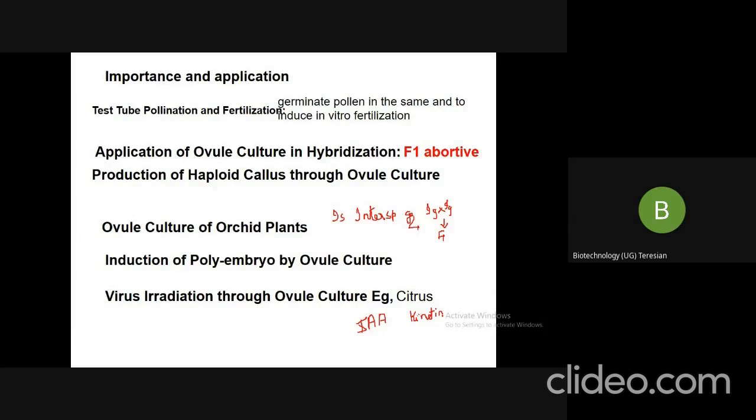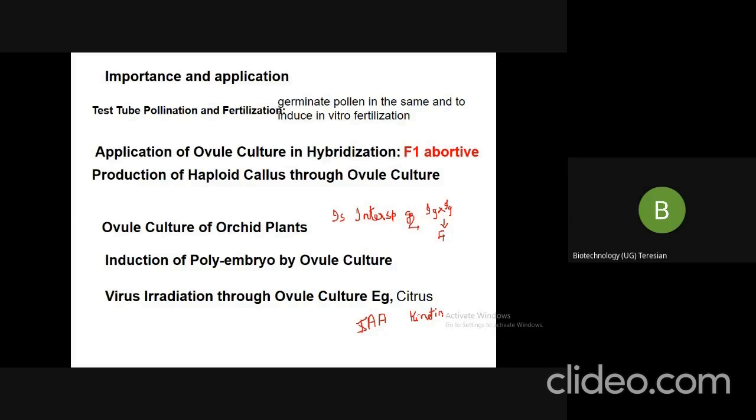So in ovule culture, the studies have demonstrated that the formation of the shoot in vitro can be induced in the absence of the stimulus from the host. So there is no requirement of such stimulus. I can still develop the shoot from the ovule culture without the stimuli. So this has also been proved in the ovule culture.